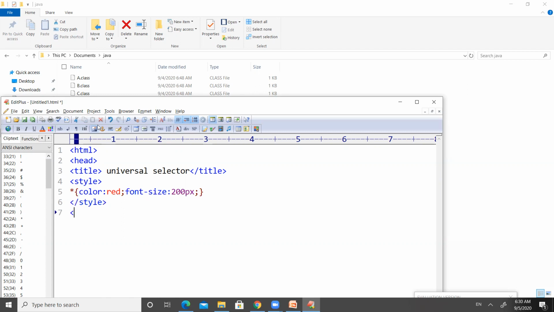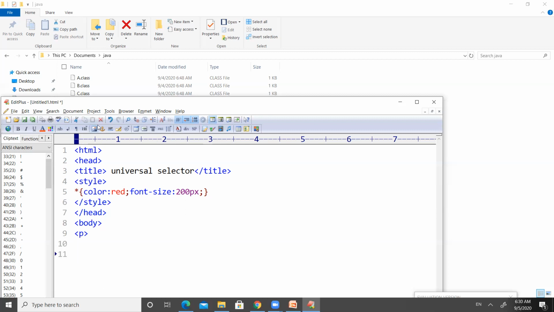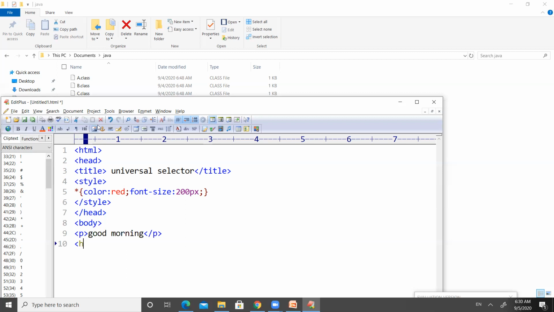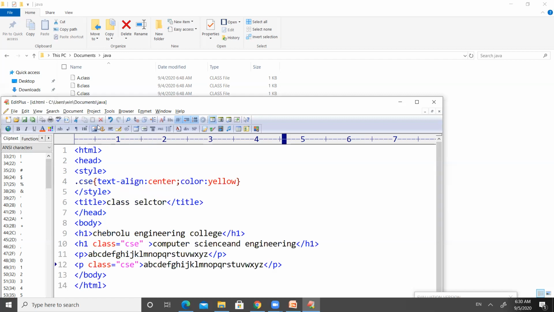And after completion of the style tag, let us close the head tag also. Now let us open the body tag. The actual information we want to display on the web page should be defined inside the body tag. So body tag, and inside the body tag, let us write something. Let us use a paragraph, and inside the paragraph, I am going to write good morning. Right, I am going to close this paragraph tag, and then I want to use h1 tag. For this h1 tag, I want to print good evening. One second. I think it was the last program.